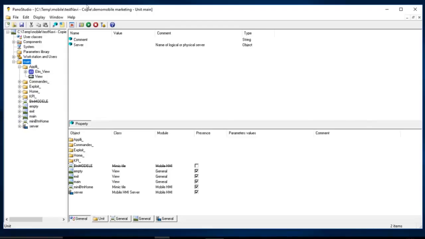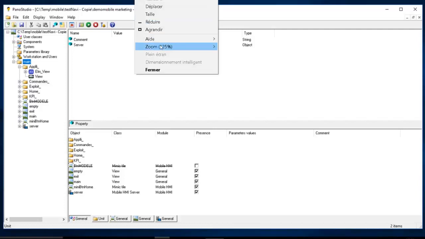Share my second screen. Is it okay? Yes. Do you see this? Maybe I need to upscale the screen size. No, it's okay. I already upscaled, I'm at 25% greater than normal.